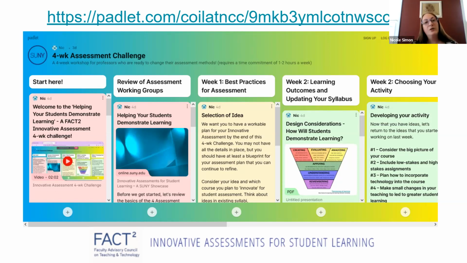So just to remind you of what it is that we learned each week, what it is that we're trying to help you develop for your skill set for assessment, and more importantly, what aspect really speaks to you as an educator and for your discipline and for your students on what works best to change up and do some more innovative assessment. Taking a look at best practices on what would be included in your assessment,